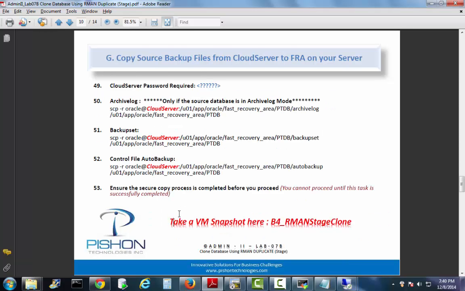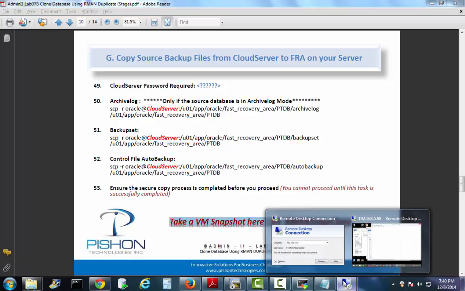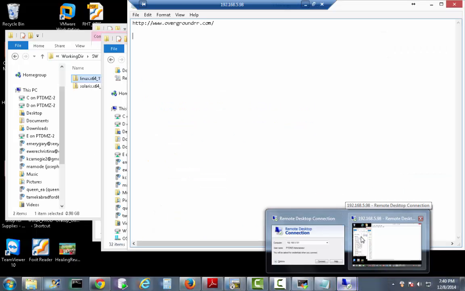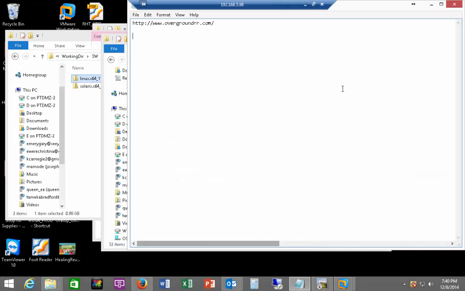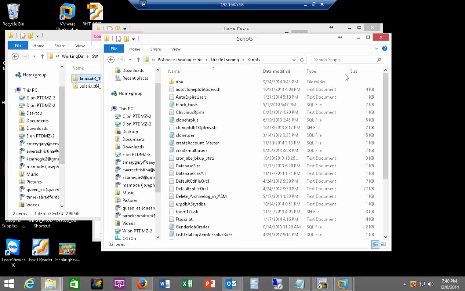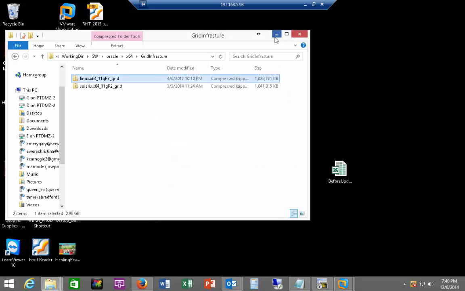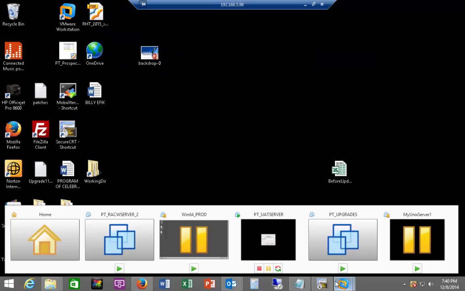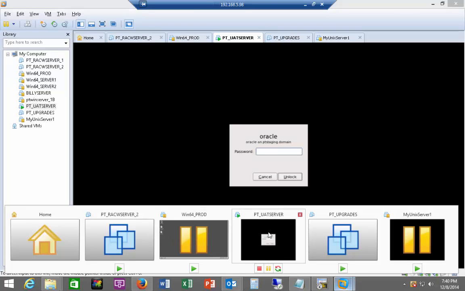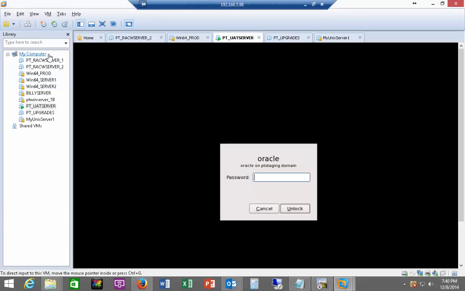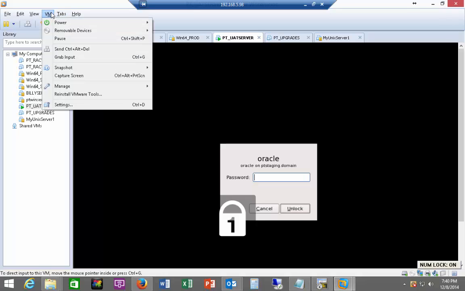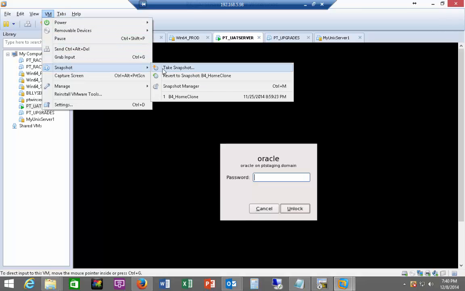Now at this point, it will be nice that you take a quick image of a snapshot of your virtual machine, because we are about to drastically change this machine by cloning the database. So I'm going to go ahead and take a quick image of this machine. How do you do that? So this is the machine. I'm going to take an image, snapshot, take a snapshot,